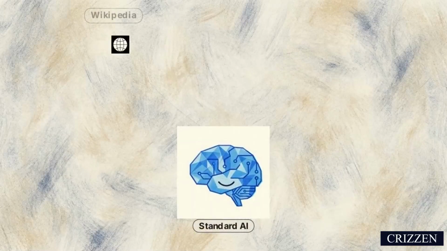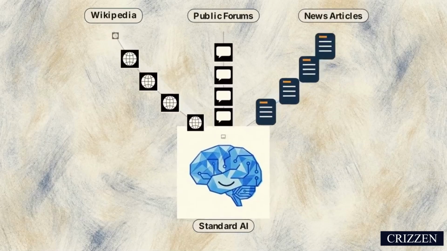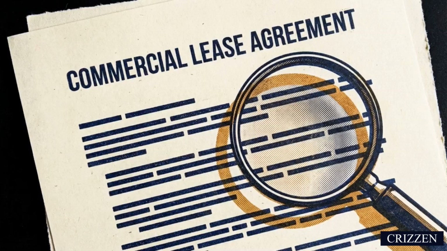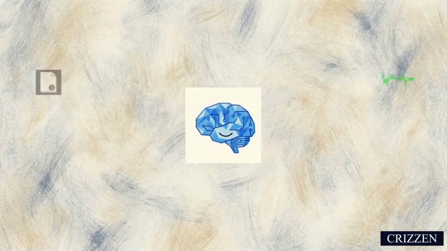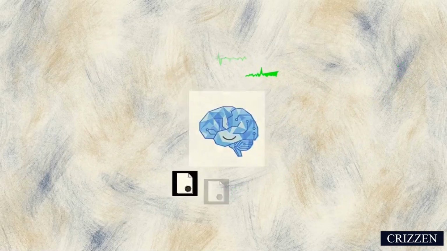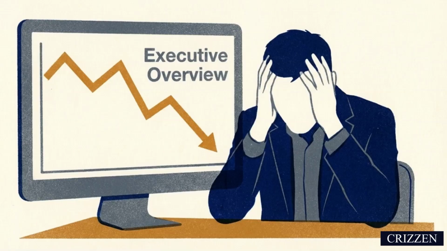Standard AI models are trained on the open internet, Wikipedia entries, public forums, and news articles. When tasked with analyzing something like the specific tax escalation clauses in a commercial lease, or vibration data from a variable load HVAC system, these generalized tools lack the domain-specific context to provide an accurate answer. For a manager in a high-stakes industry, relying on a generic summary for a technical decision often leads to costly